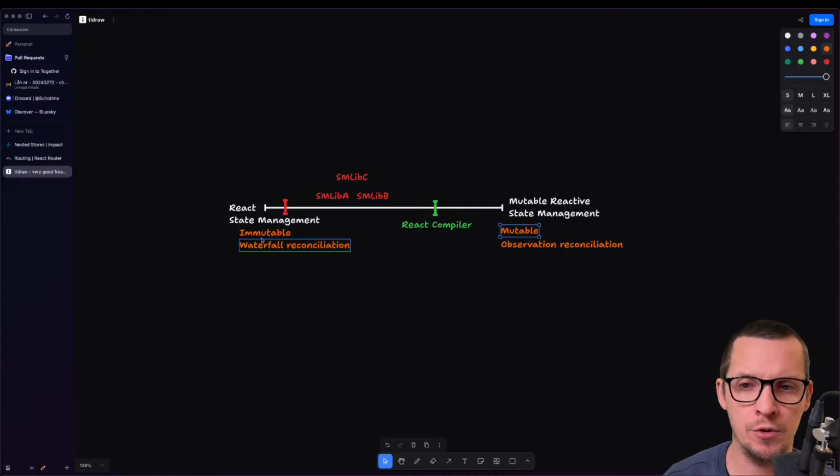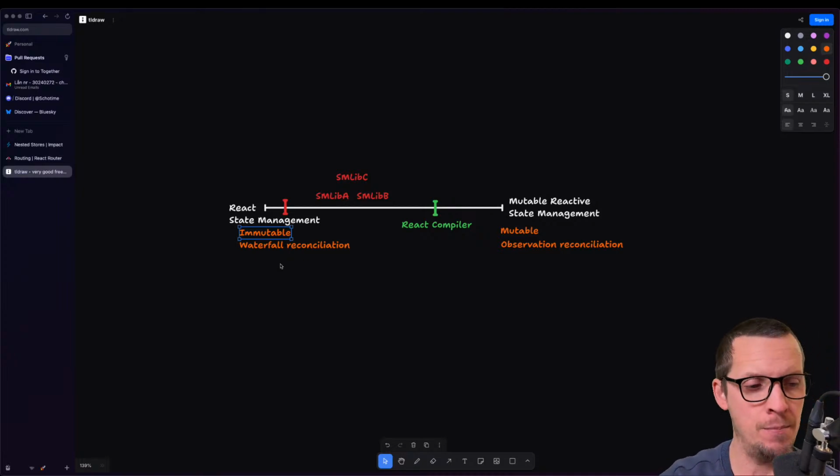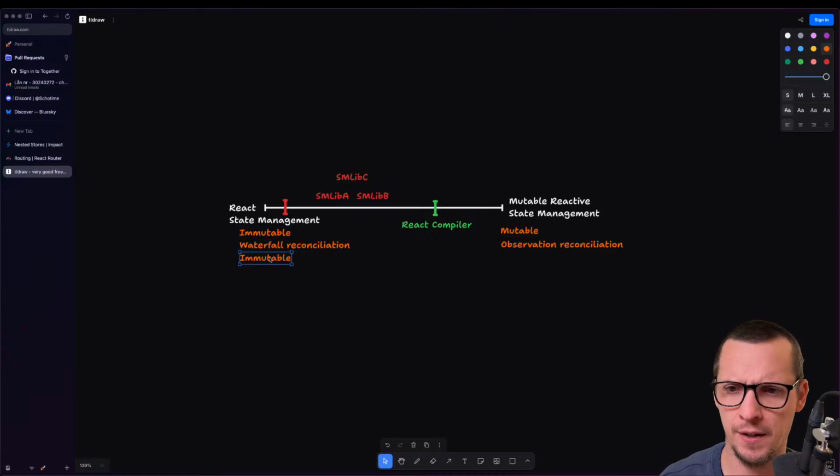When I say immutable and mutable, I of course talk about the nature of the values or the state, but also the API. Making updates to immutable values in JavaScript is quite horrible. You have to spread a lot, you have to slice and dice, as I say. You can use Immer and stuff like that, but that's also something I want to highlight here.